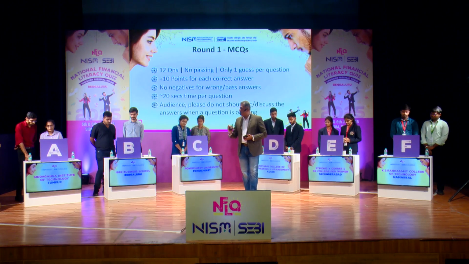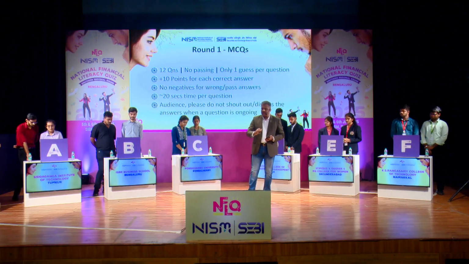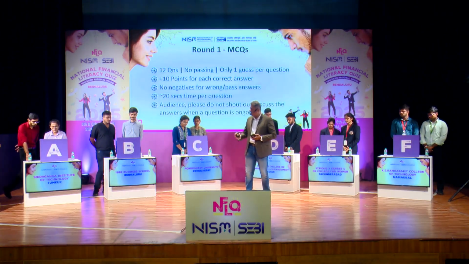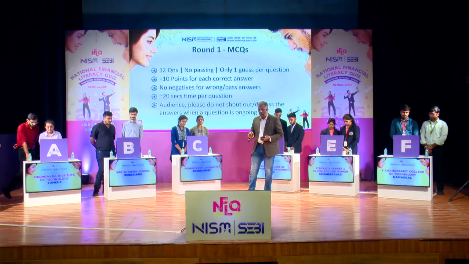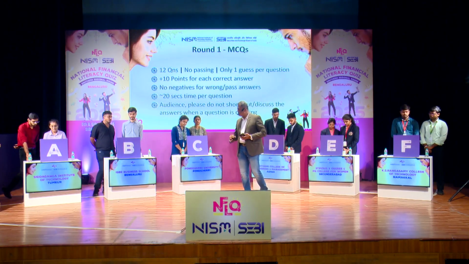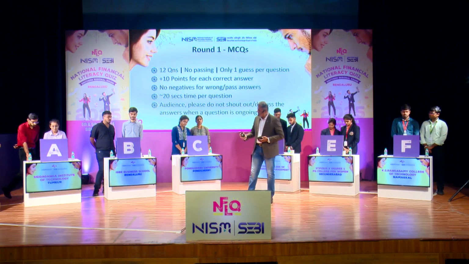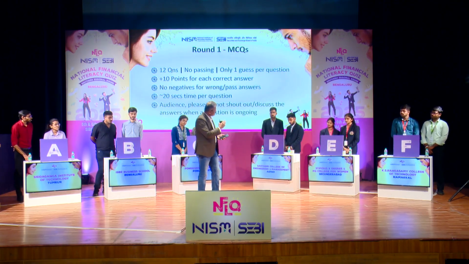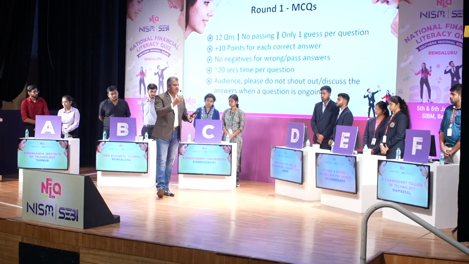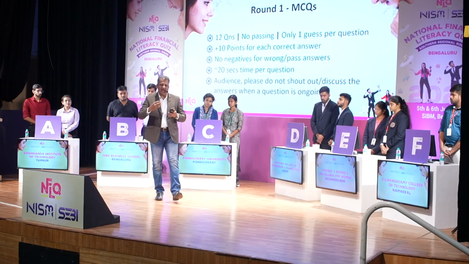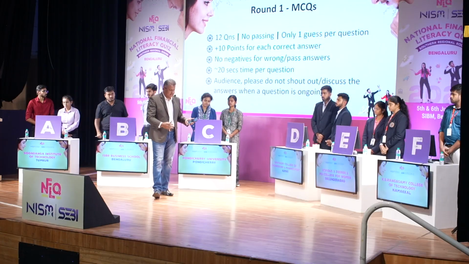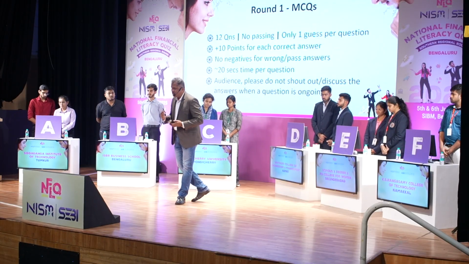No passing, one guess per question. You see a question, you see 4 options. The team gets 20 seconds to think. You can, of course, answer faster if you want. No negatives for incorrect answers or passing, plus 10 if you get it right. And always, don't just say the alphabet, say the full answer. Say C, we do not want to have financial trade or financial unfair trade practices, whatever it is. Don't just say A, B, C, or D.